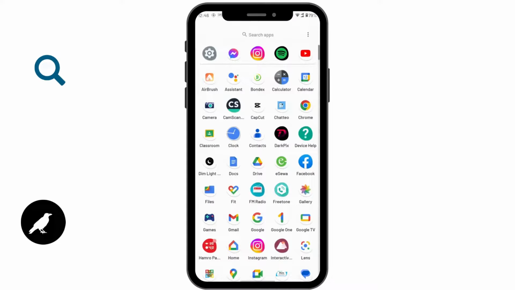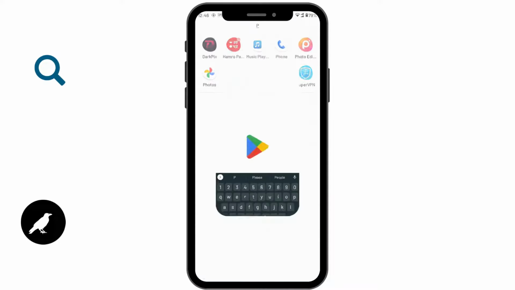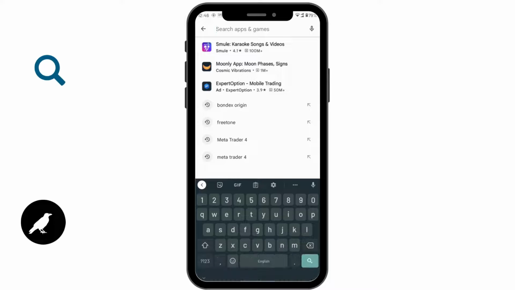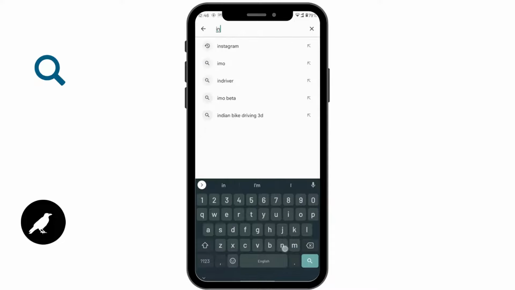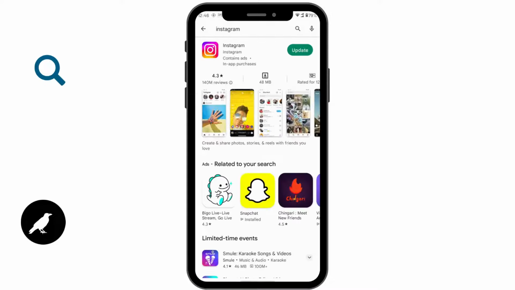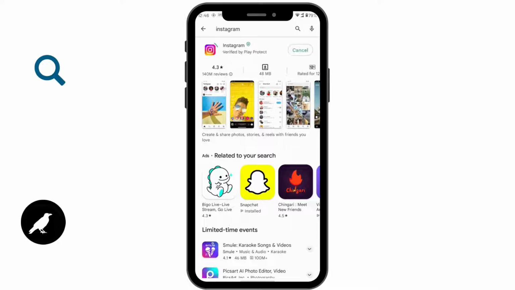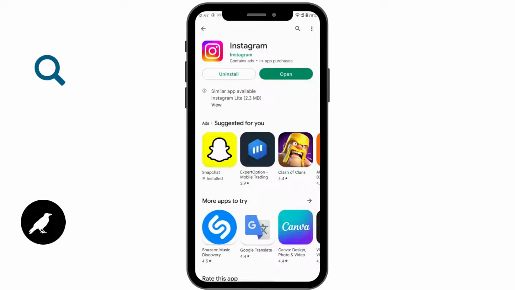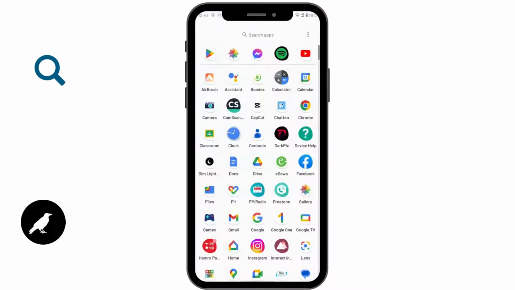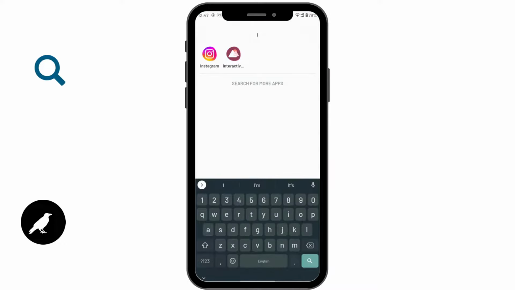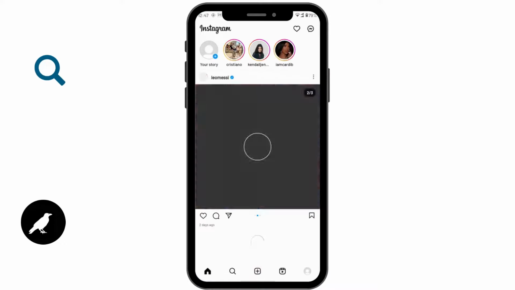is search for Play Store, and on the search bar search for Instagram, and if you have an update, then tap on update. And after updating your Instagram, you can open up your Instagram and search for reels, and that might fix your issue. But if this still doesn't fix your issue, then the last option is open up your Instagram, and